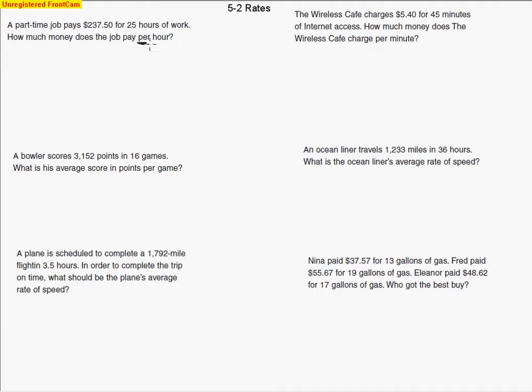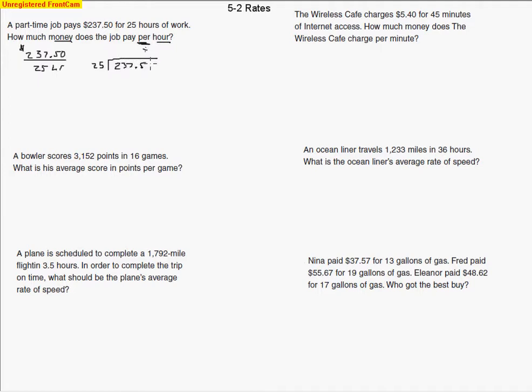Well, the "per" right here tells us that we're going to divide the amount of money by the amount of hours. And so I'm going to go ahead and write it this way: $237.50 per 25 hours worth of work. Again, this is a fraction bar, which represents a division sign. What they're asking us to do is find the unit rate. The unit rate is the amount of dollars, in this case, per hour, per 1 unit of time. And so we're going to go ahead and divide 25 into